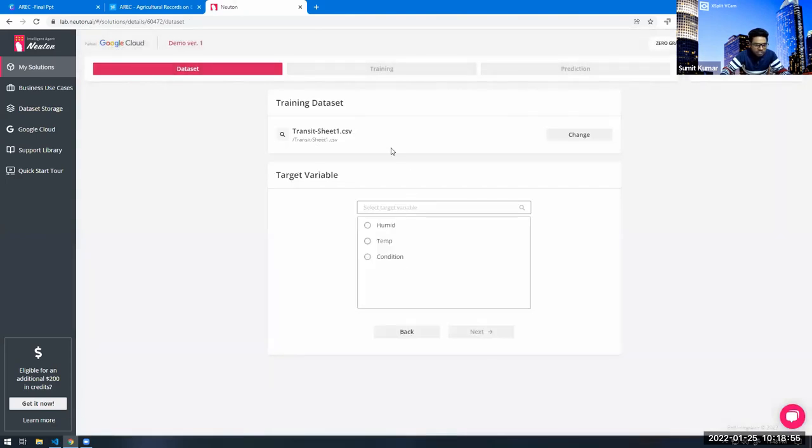So this is the first step, and the second step is to select your target variable. So this target variable is actually kind of what you're looking for, what you are trying to use your data set for. You can say it is going to be for X, the value Y. So it is a dependent condition you are trying to test. So it is a dependent variable actually, to say much more in terms of maths.